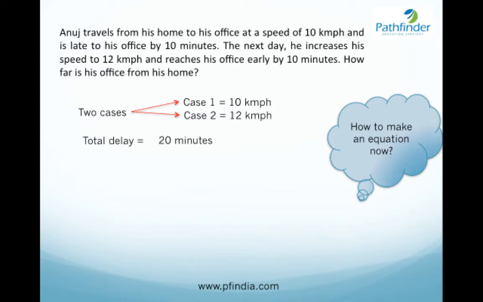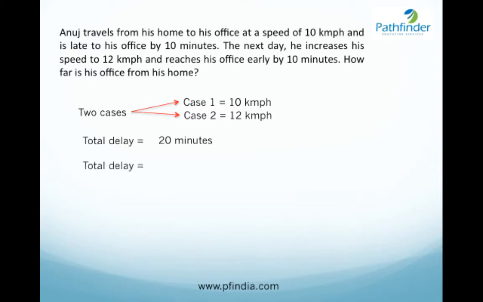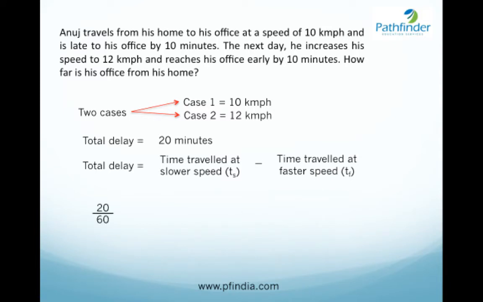So obviously the 20-minute time differential has been caused because he traveled at 10 km per hour, a slower speed, on the first day, and he traveled at a faster speed on the second day. So therefore we have this equation: total delay is equal to time traveled at the slower speed minus the time traveled at the faster speed. If you write all the numbers for the given values, the delay is 20 minutes, which converted into hours becomes 20 by 60, is equal